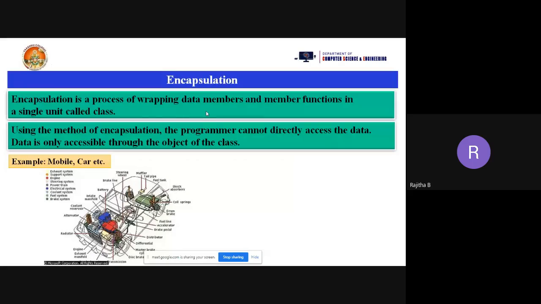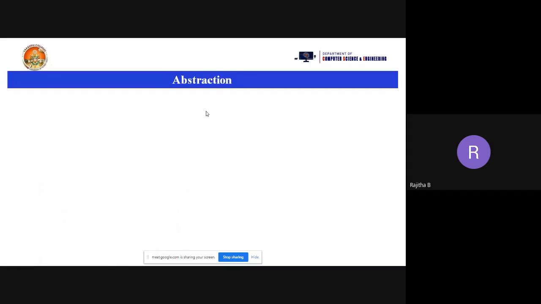Like that, encapsulation is also combining data members and member functions. It acts like a sheet cover. The car is combining all the parts of the engine like that, but it is covered with some sheet. So it is encapsulation. But how to access those parts? By using some external parts. We have an accelerator, and using that we can increase the speed. Like that, using those parts we can use the car. So this is encapsulation.